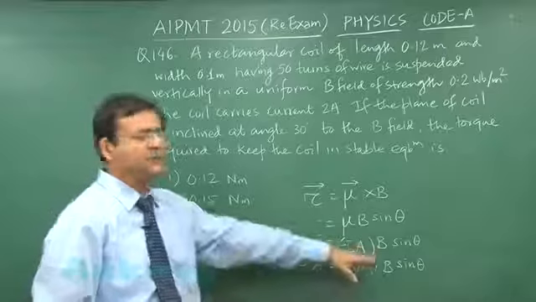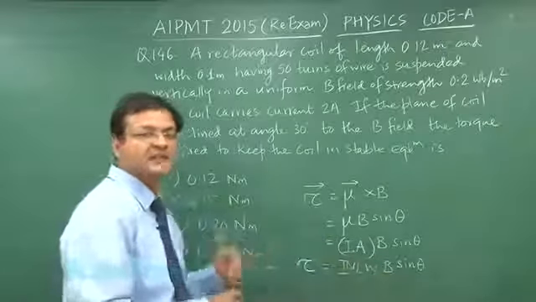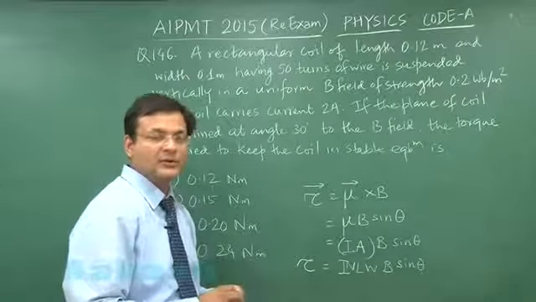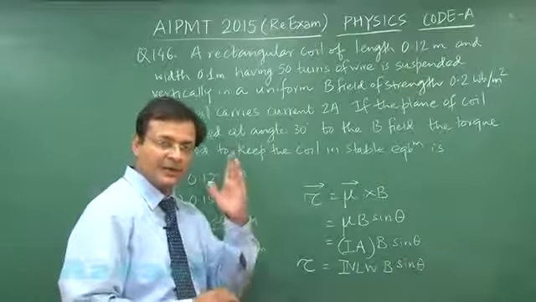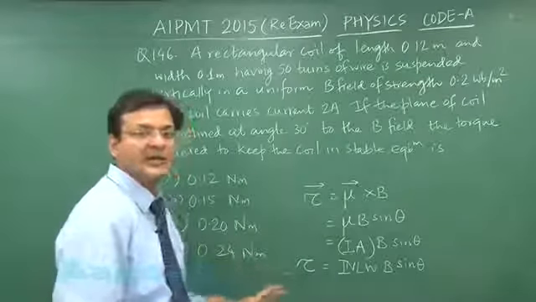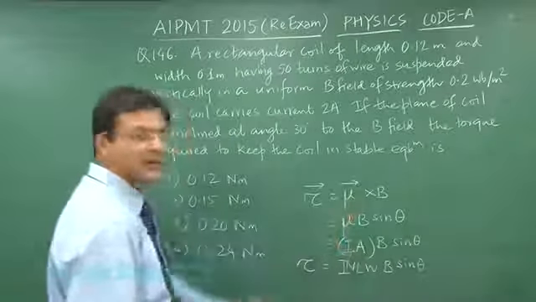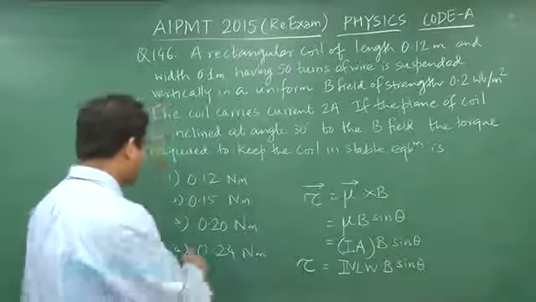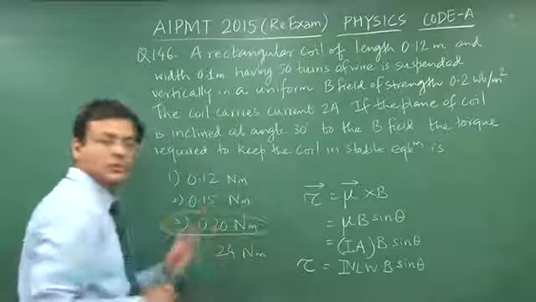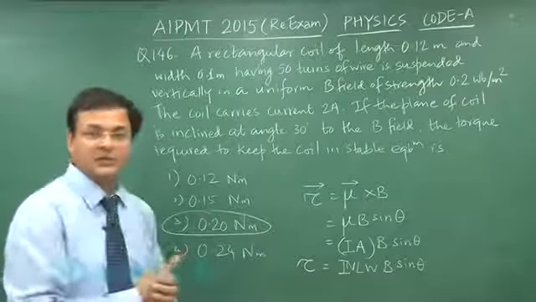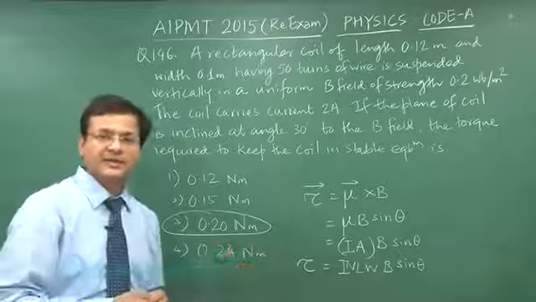However, the angle which you are supposed to substitute here is not 30 degree, rather 60 degree, because we happen to calculate the angle between the perpendicular to the plane and the magnetic field. So this is the only care you have to make. You will be substituting theta is equal to 60 degree, and ultimately you will be getting the torque. You will be getting the correct answer as 0.2 Newton meter. That will be the answer to question 146. Switch over to next question, that is 147.